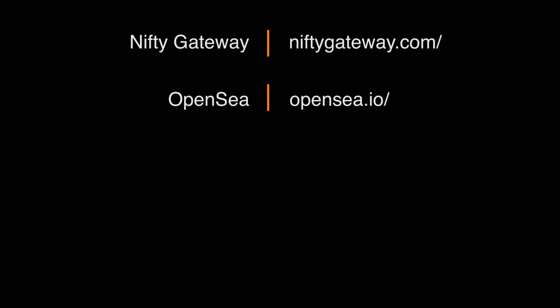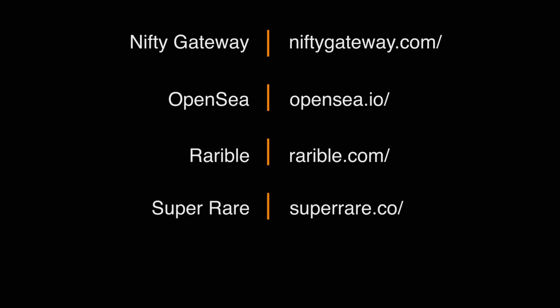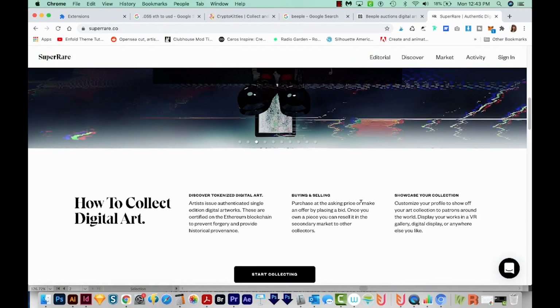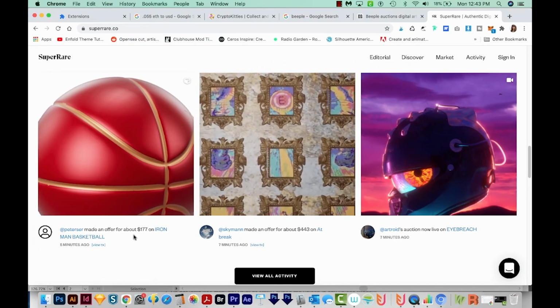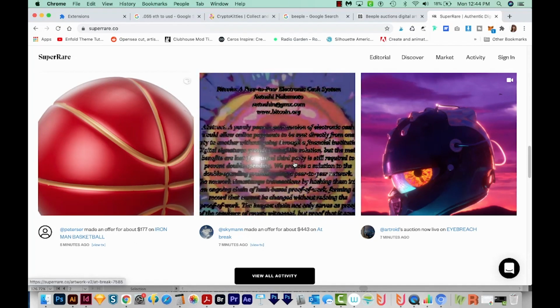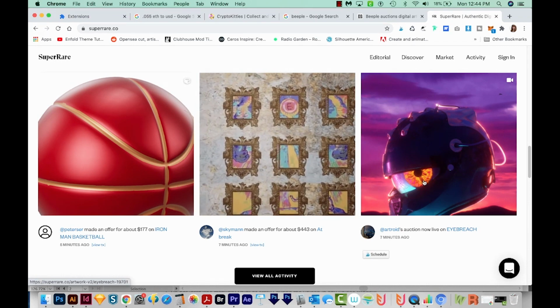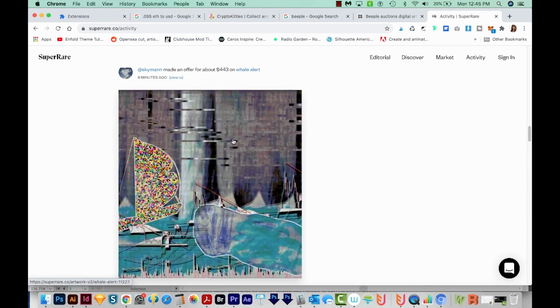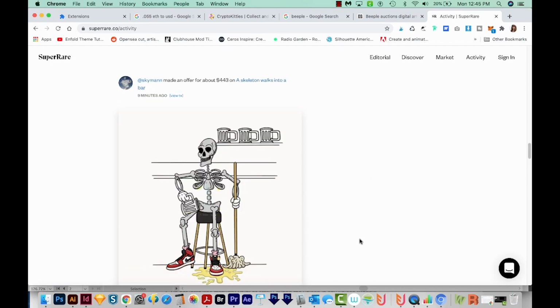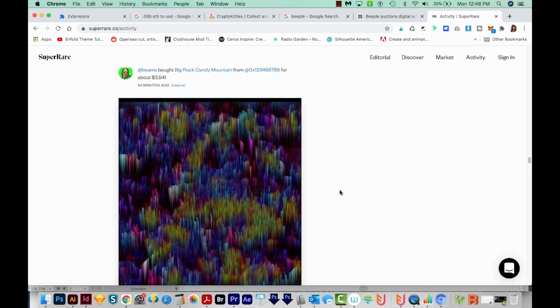If you want to sell your artwork as an NFT, you can go to one of these sites: Nifty Gateway, OpenSea, Rarible, Super Rare, Decentraland, and probably a whole lot of other sites. So let's go to superrare.co. If we scroll down, we can see how much these are selling for. This basketball image, someone just made an offer on it for about $177,443 for this artwork, and this one over here just went live. I'll click on Discover. This image just had an offer for $443. And this skeleton GIF also has an offer for $443. This Big Rock Candy Mountain image